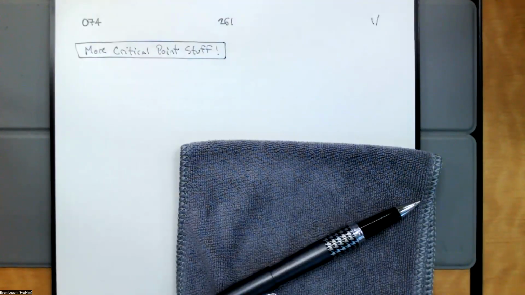If you would recall, we've been talking about finding and classifying critical points. And one of the things that I brought up was that we could use sometimes the second derivative to classify a critical point. Not always, but sometimes we can. So recall,